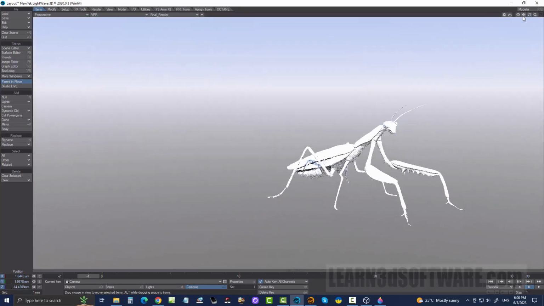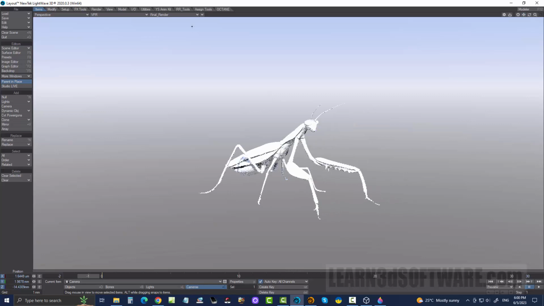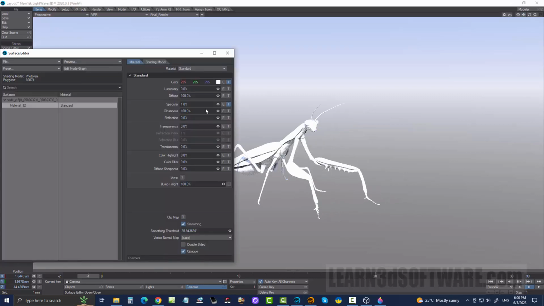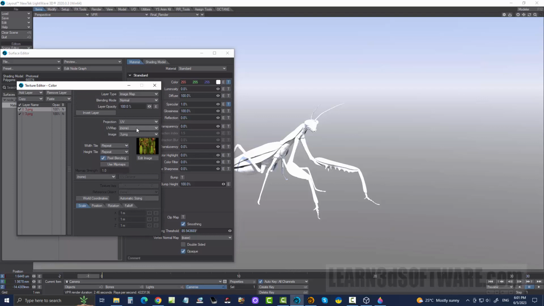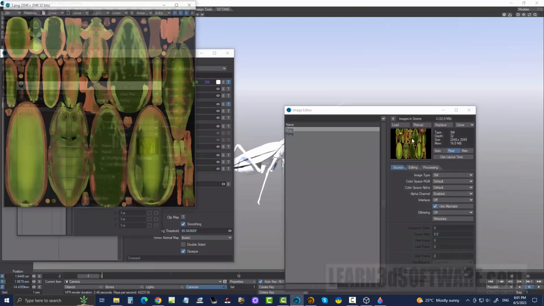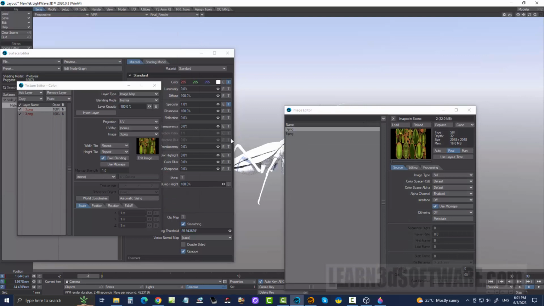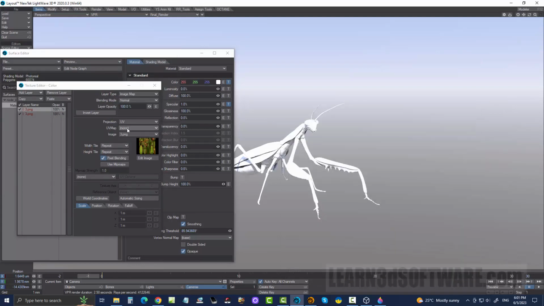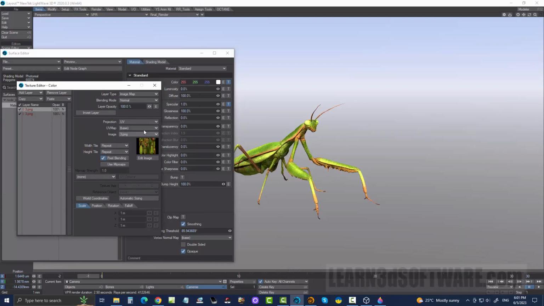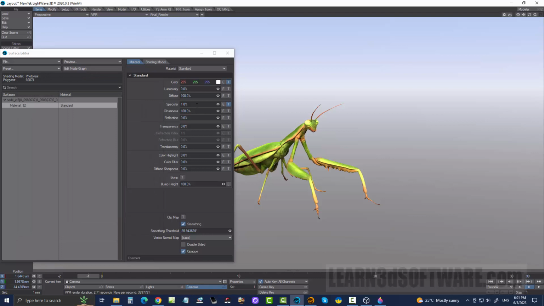You can see the textures, we can't see them right now. So once again, go to Surface Editor. Let's click on the T button. You'll see that it's already preloaded, but we have the image. The image map is there, but it hasn't been assigned the correct UV. So let's go to base. Once again, it's named it base. Oh, look, see, it popped in. We're good there. Click on this one, go to base, and it comes with a spec map,